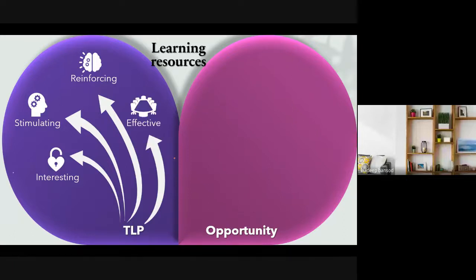And learning resources make the teaching and learning processes more and more effective. Whatever message the teacher wants to send toward the student, it is sent appropriately and up to the mark if you have a proper learning resource used.